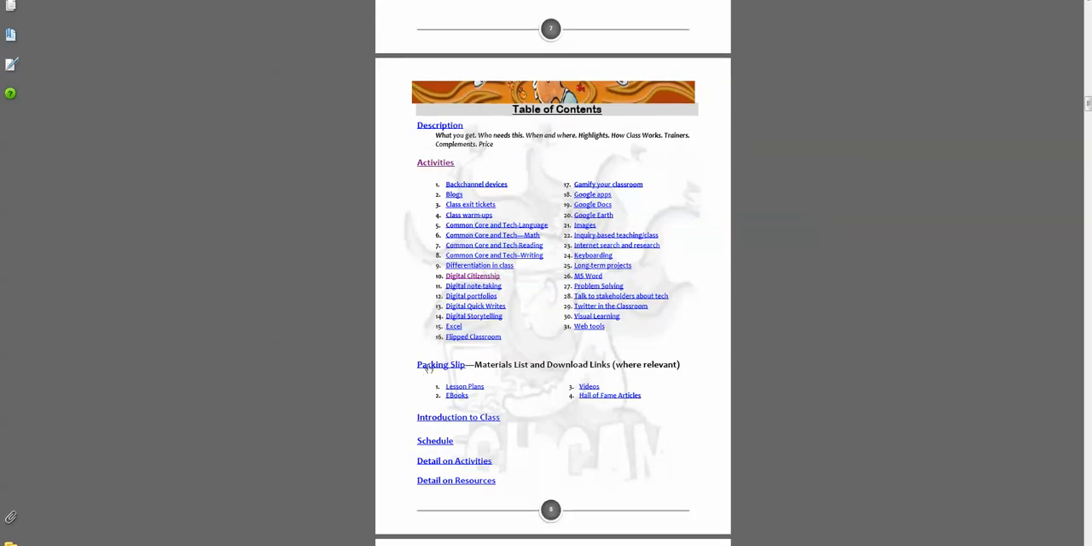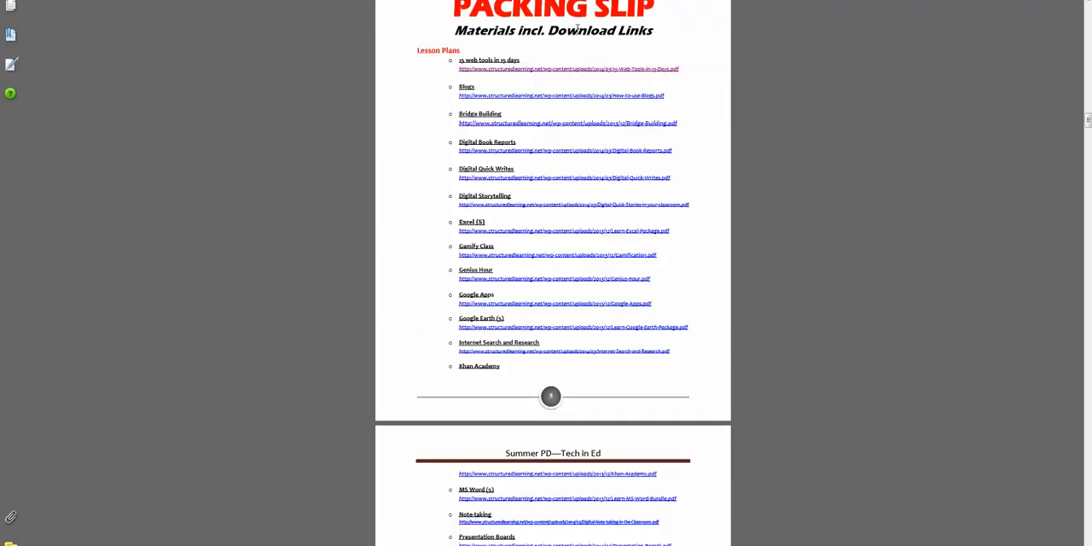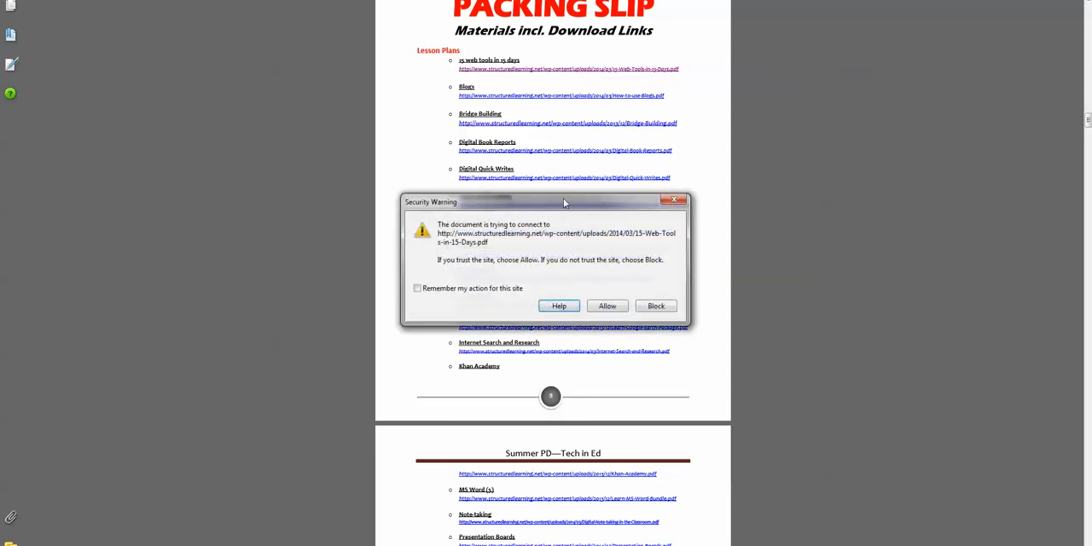The packing slip. This is where all of the materials will be. Not all, but I'll show you that in a minute. All the lesson plans. You want to download them. This is the download link. So keep this packing slip, and just click here, and it'll take you to, you know what, I don't like